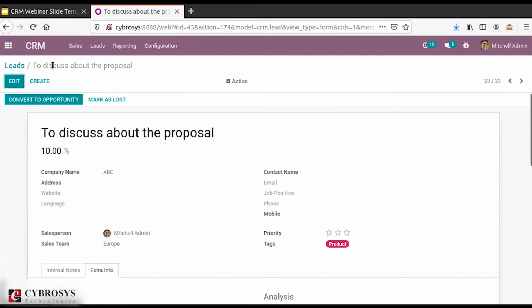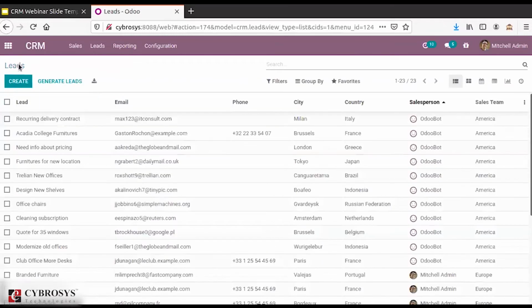Here you can see when I save this lead, I have the options to convert it to opportunity and mark it as lost. Before discussing how we can convert a lead into an opportunity, we can see several other options for lead management also. So let's move back to the lead. So here you can see,